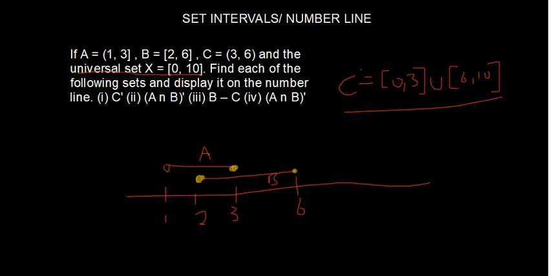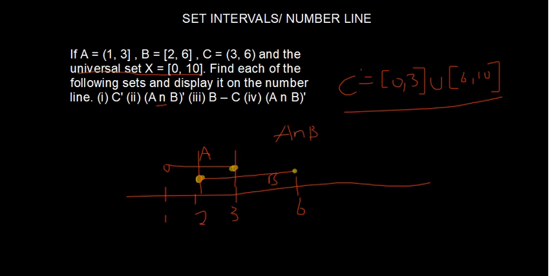So what does intersection mean? Intersection means what is part of the two, what is found in both of the given sets. So the intersection part is where they are interlocking. So it's this point, from 2 to 3. These are part of both A and B. So therefore our intersection A intersection B is going to be